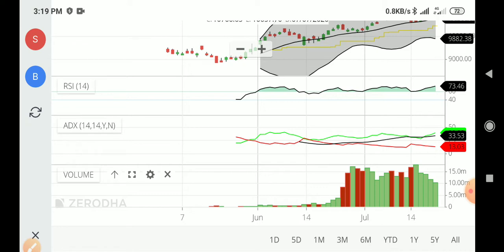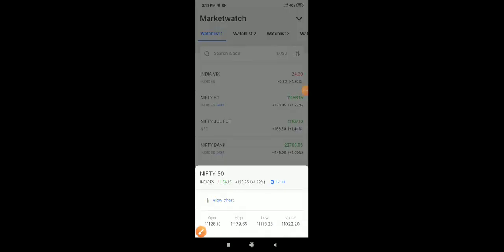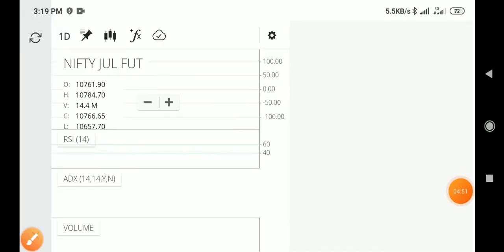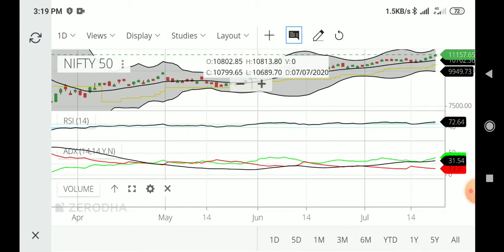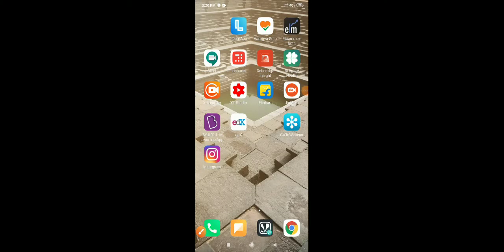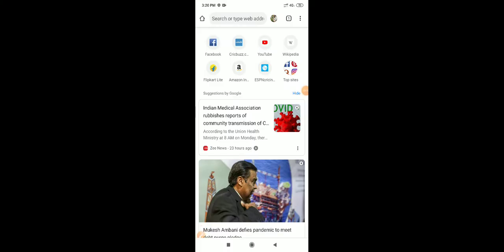So I am selecting the put strike. In day mode, the Bollinger Band lower end is 9,940. So we can round it to around 9,900 or 10,000. So now I am going to prepare this in Opstra.